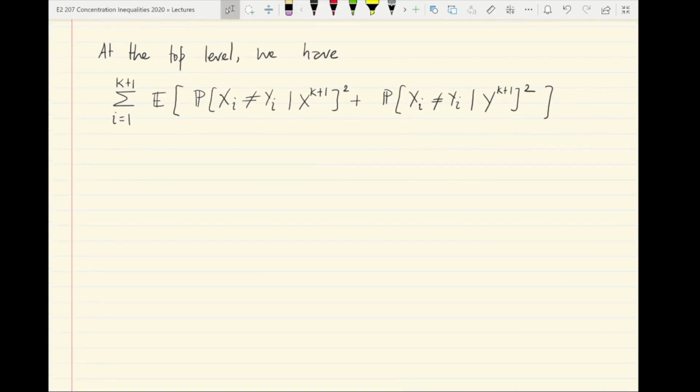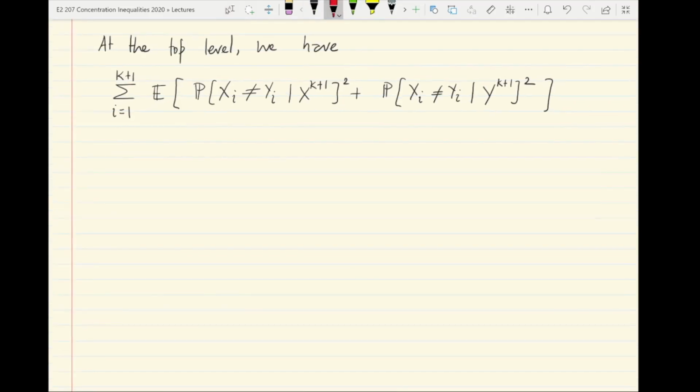Okay, so we wanted to basically bound this using the KL divergence, but we can already see the following. So let's now look at it from the point of view of the coupling we have constructed between x1 through k plus 1 and y1 through k plus 1. We have that for all i, so let's look at i at most k. Okay, so let's look at the first k terms of this sum, any term in the first k terms of the sum.